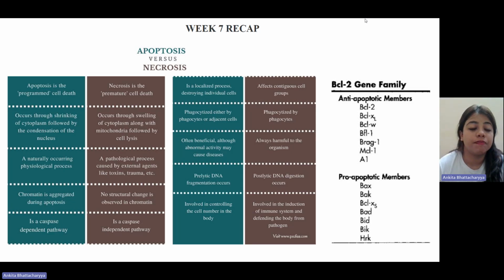So, in the third point, apoptosis is a naturally occurring physiological process. Necrosis, on the other hand, while I said that it can occur physiologically, is not the preferred route. It is not something that the cell needs, but it does occur within a living system. Now, when does it occur? It occurs because of some external stimulus. When I say external stimulus, it can be a byproduct of the presence of certain agents like toxins, trauma, some sort of accident that might have happened, which can lead to